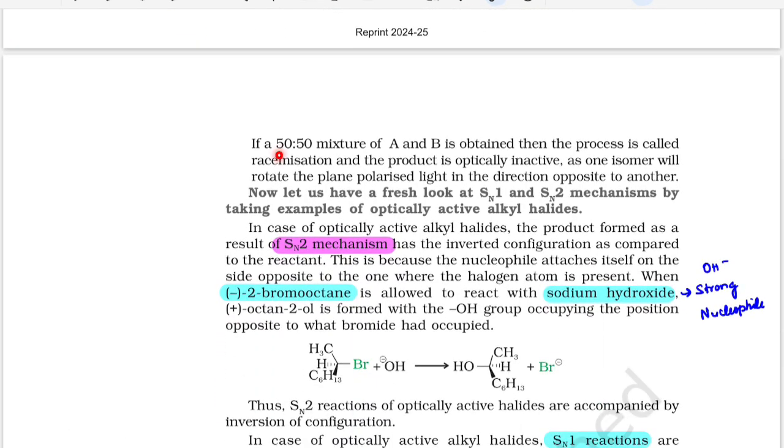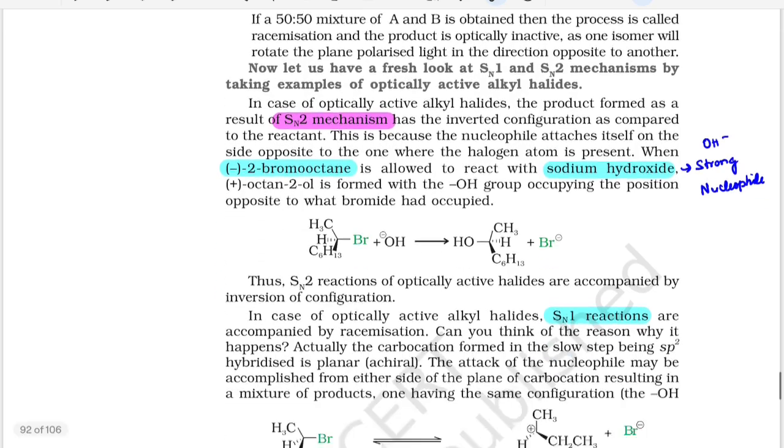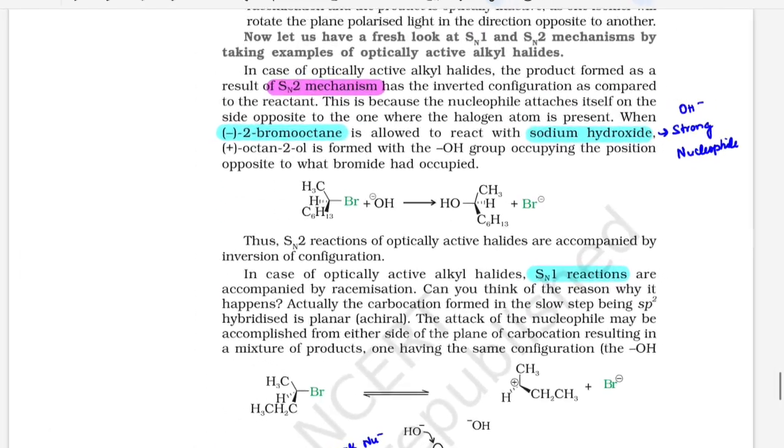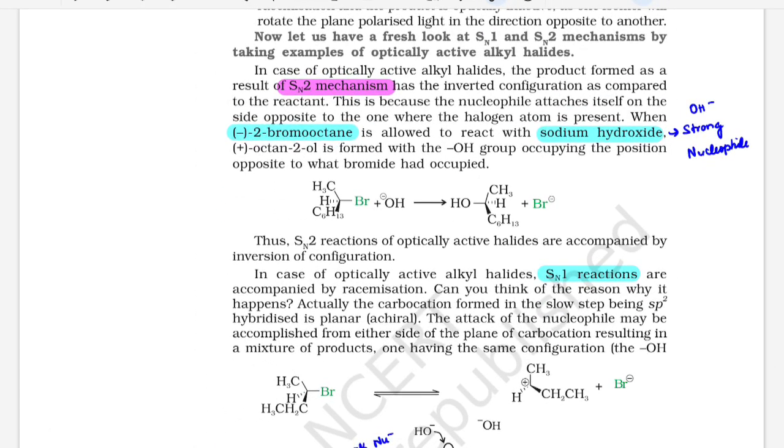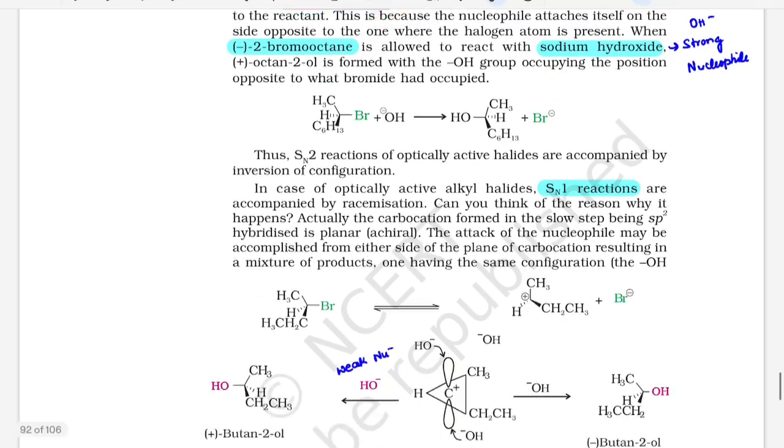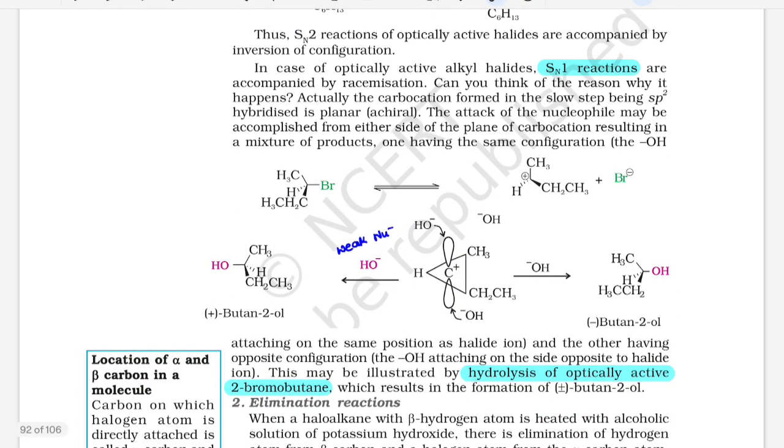So see here, if a 50 to 50 mixture of A and B is produced, then the process is called racemization and the product is optically inactive. Why is it inactive? One isomer will rotate the plane polarized light in the direction opposite to the other. Therefore it becomes optically inactive. So one more important concept, make a note of it, that is SN2 mechanism and SN1 mechanism. We are going to see the